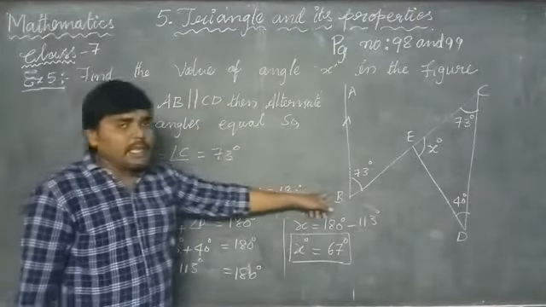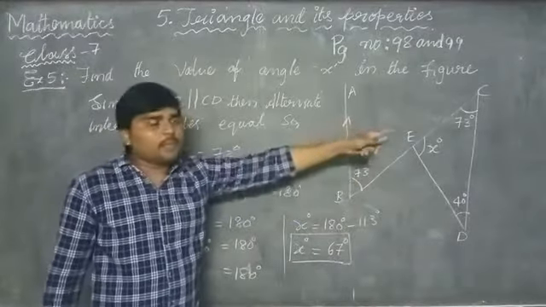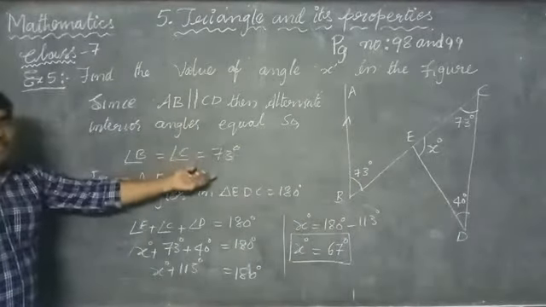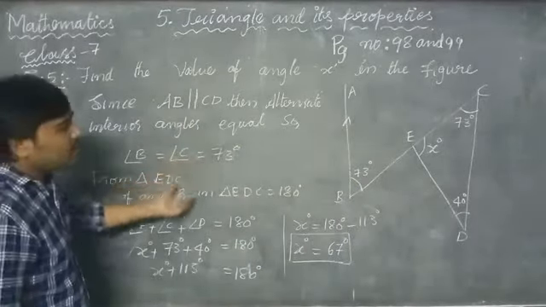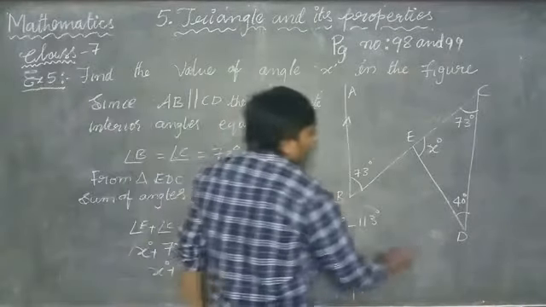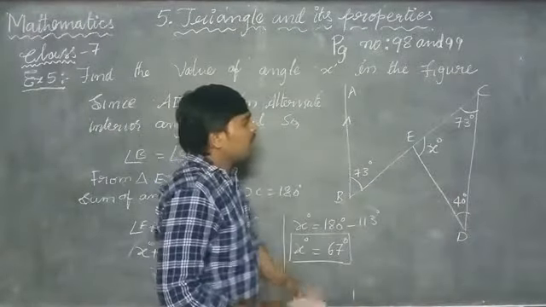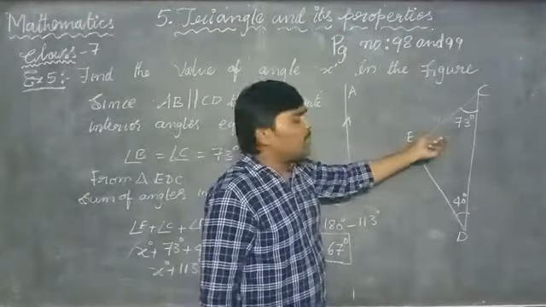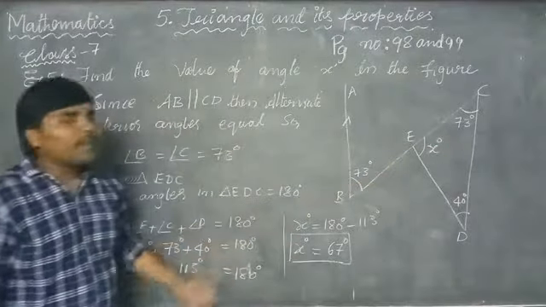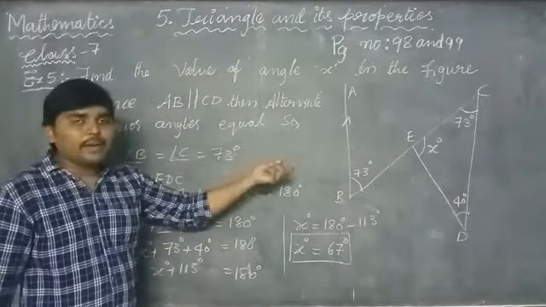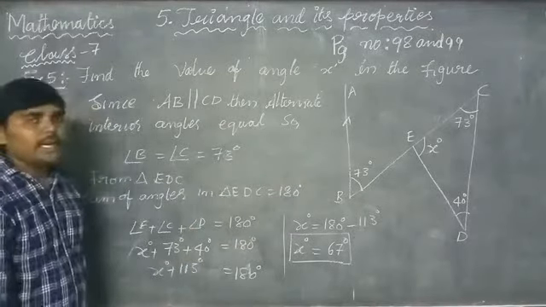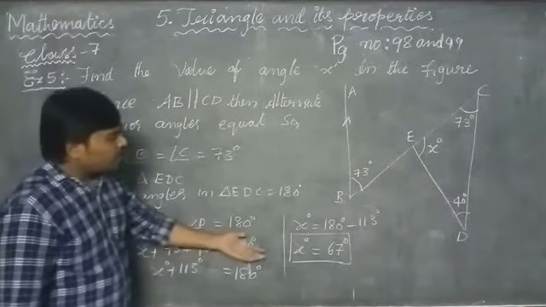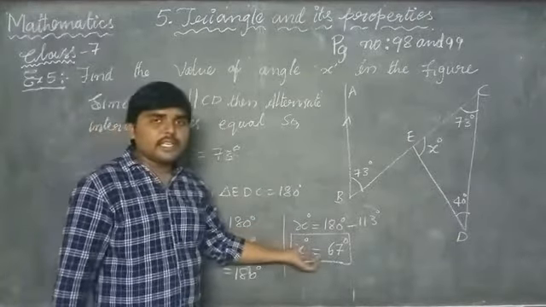So here angle B equals angle C, and angle C equals 73 degrees. Then we can easily find the other angle in the triangle. Why? From the angle sum property of a triangle, we can easily find the third angle. In this way, after finding the third angle, x degrees equals